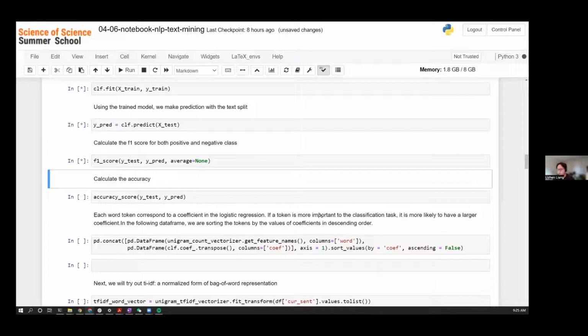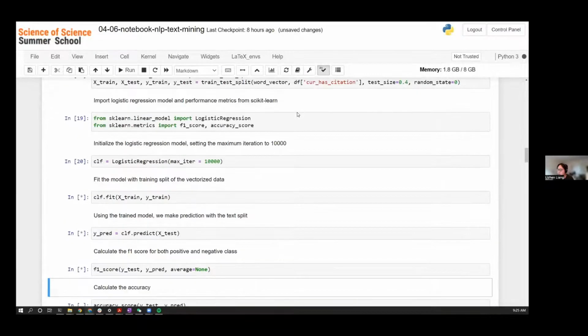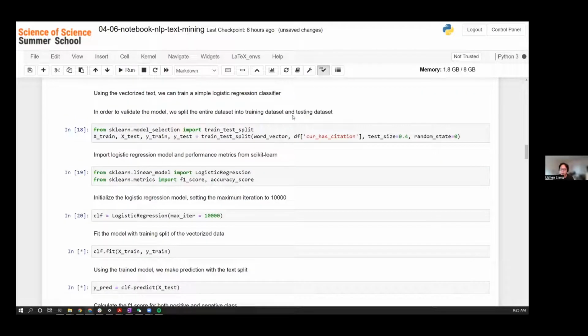I had one question. Yes, please. So up above, you put in the stop words, which, as I understand it, are things like the and of. So does that mean you're ignoring them? Because then further up, when you printed out the entire vector, I saw the and of. Can you explain that?